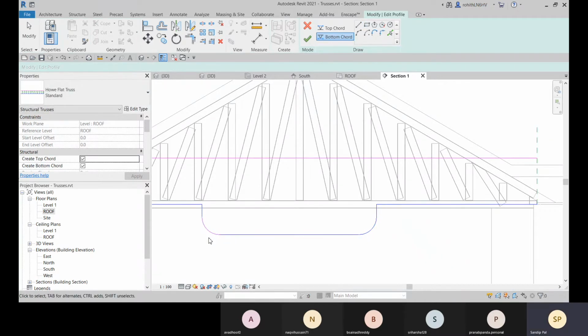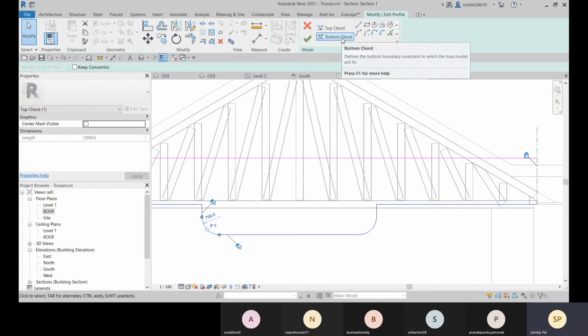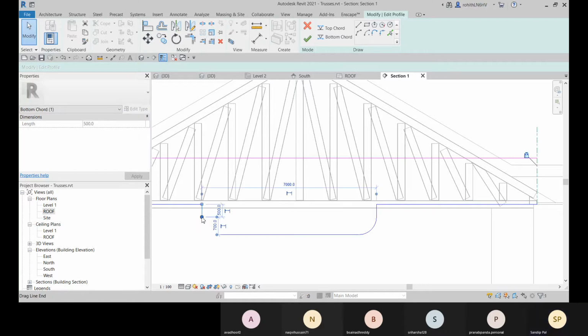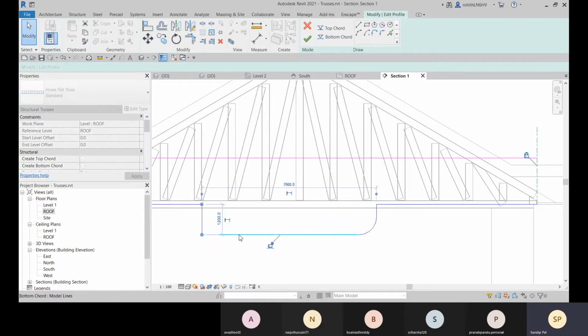Okay, so you have to do the same. Without selecting the bottom chord, don't create it. Otherwise, you cannot complete the task. It will not be taken as a bottom chord. So make sure this bottom chord is selected, and then you are going to specify the draw option.